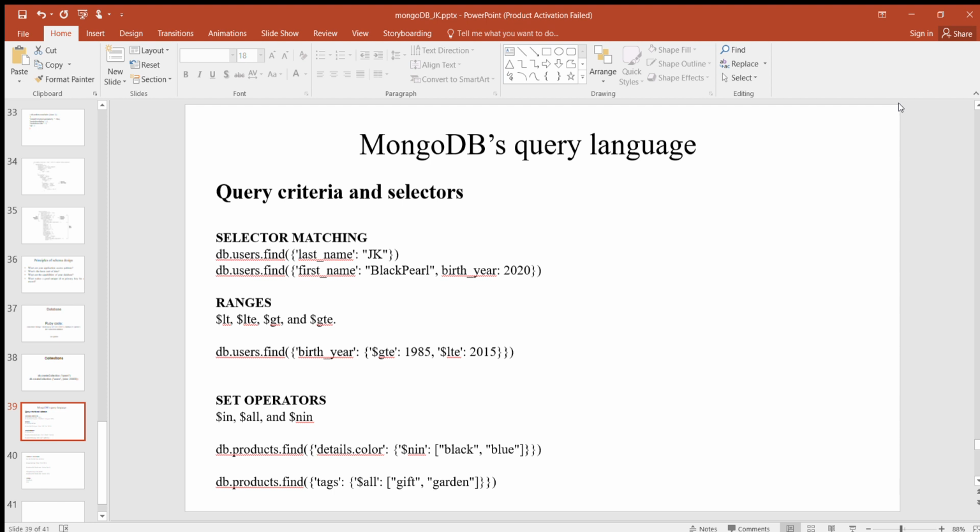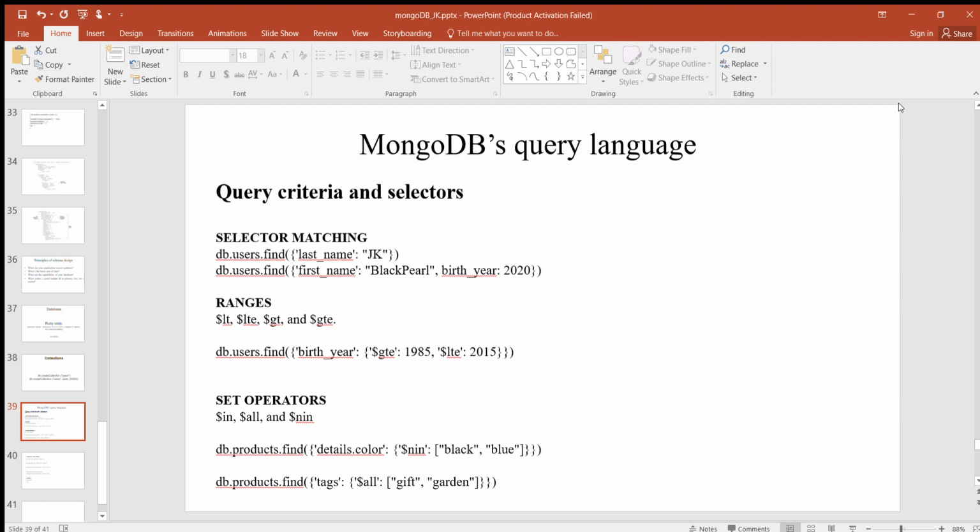Okay, next, ranges. You frequently need to query for documents, the values of which span a certain range. In most languages you see less than, equal to, greater than.